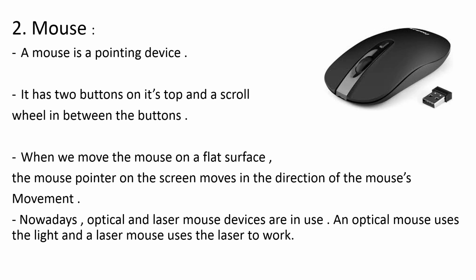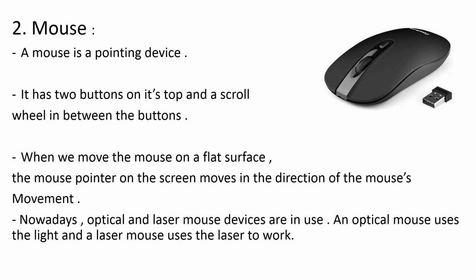Okay, fine. Now, the buttons of the mouse are clicked or double clicked to perform different tasks. If you want to select any file, you just click it once, but if you want to open any file, you double click on that file quickly, so that your desired file is opened. Okay, fine.